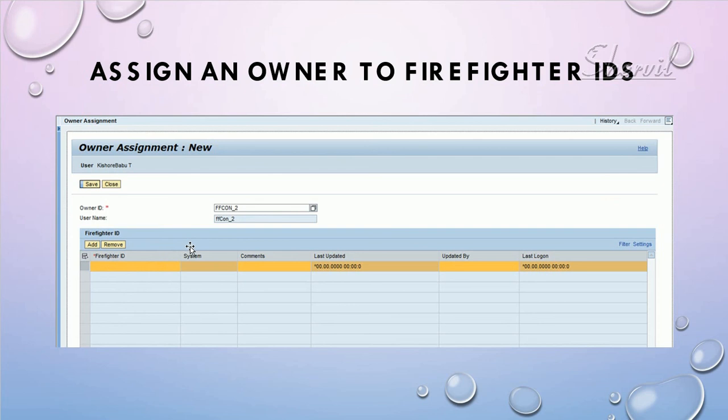An example would be, in the security team, you have 3 people, and each of those 3 people has their own individual firefighter IDs, FFID 01, FFID 02, and FFID 03. So this owner ID would be your security team manager. This will be his ID, and under that, you specify he owns FFID 1, FFID 2, and FFID 3. That's how you set this up.